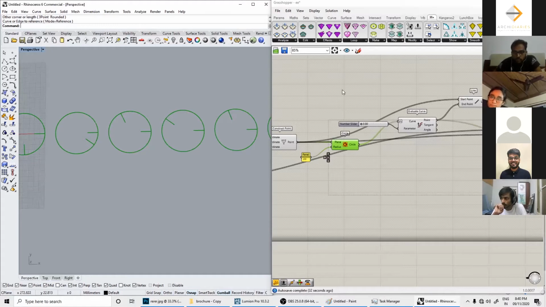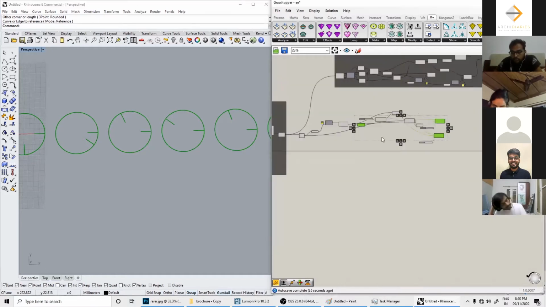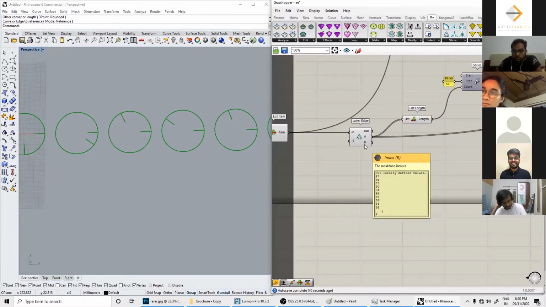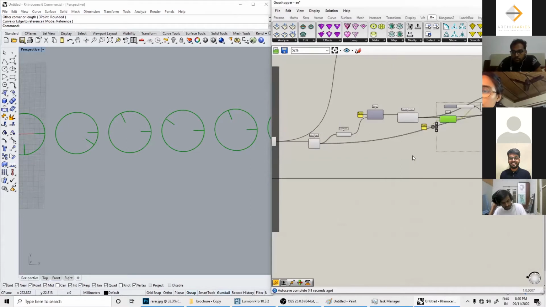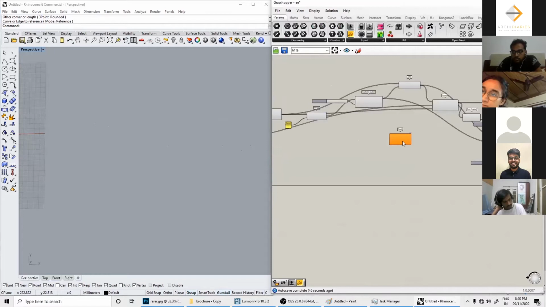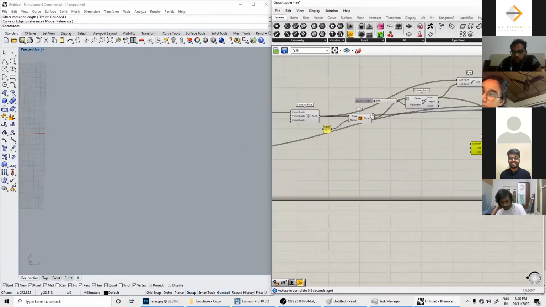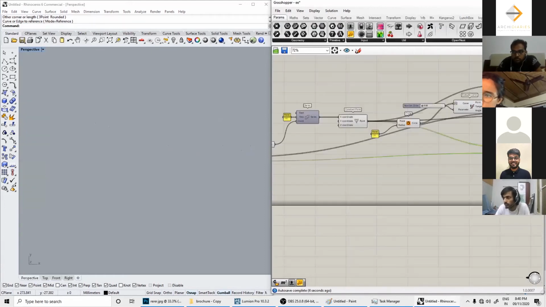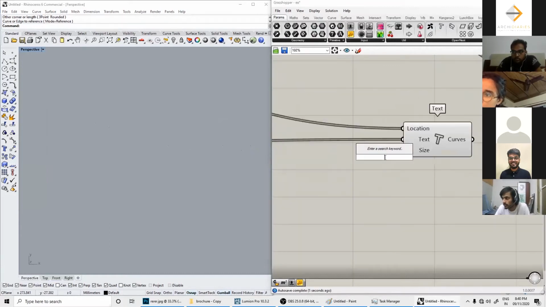Everyone? Okay. Now the last thing I need to do is give labels to this. So I'm getting my labels out of here. I'll create a text, and again go to the text parameter over here. What will be my location? I want to place it on the centers of these circles, which will be here. What will be my text? My text will be coming from B, and I'll change the size. Not 50, I'll keep it 5.